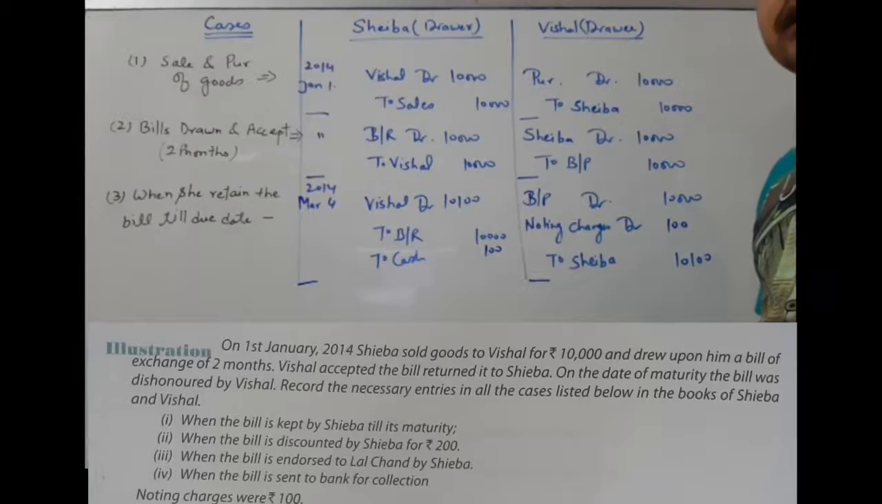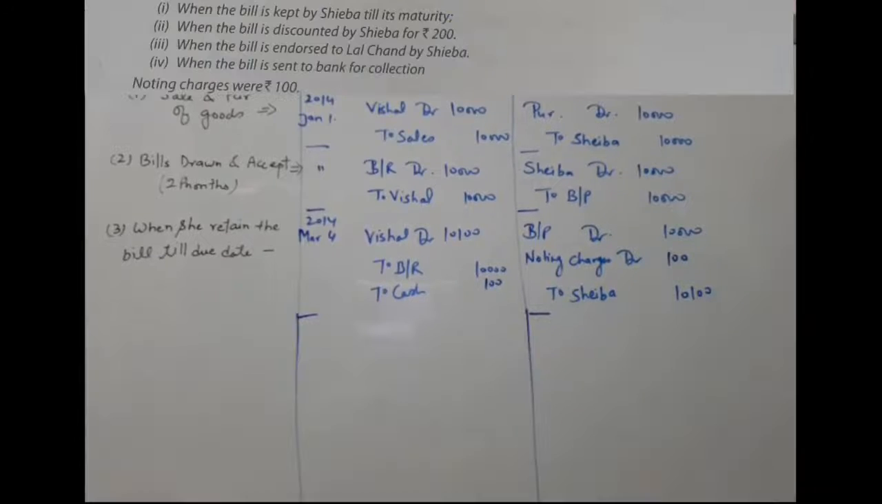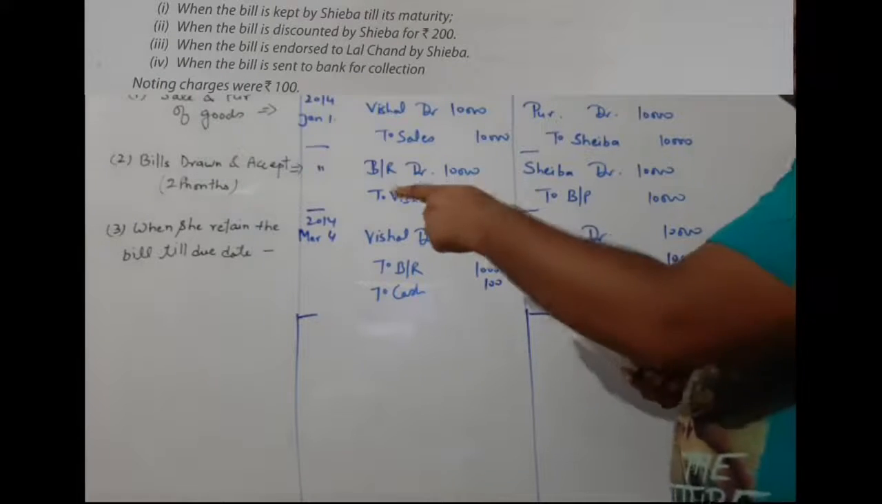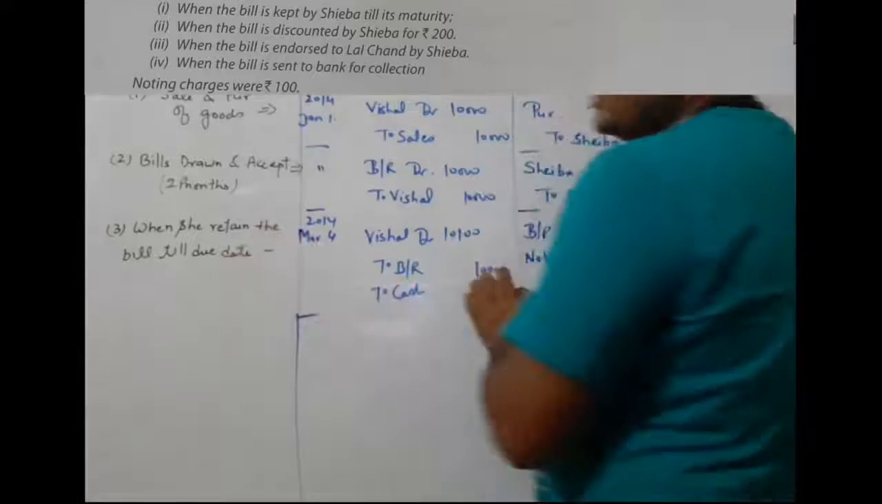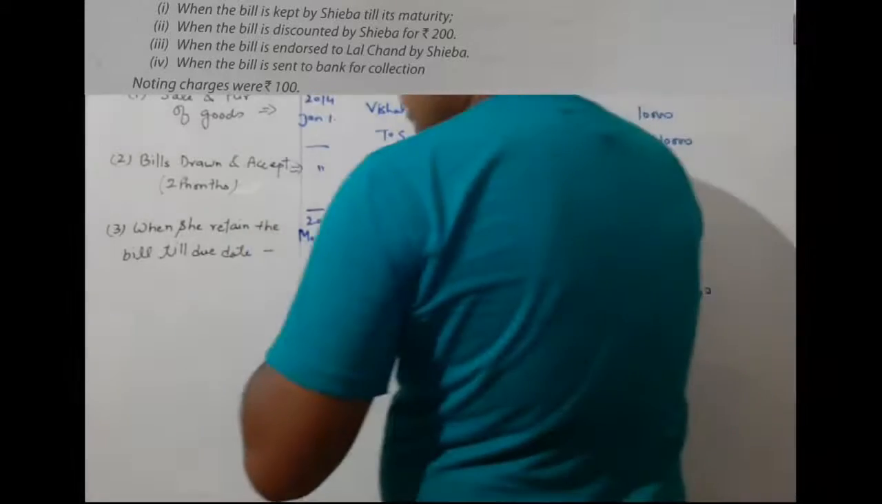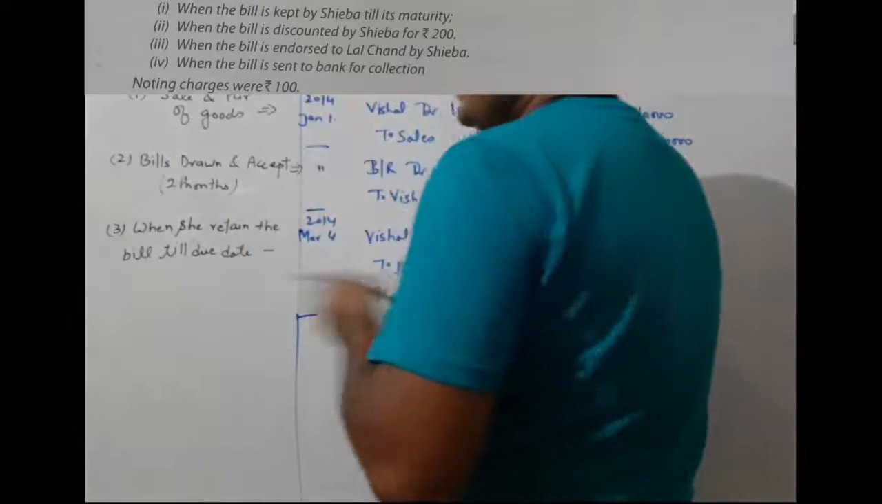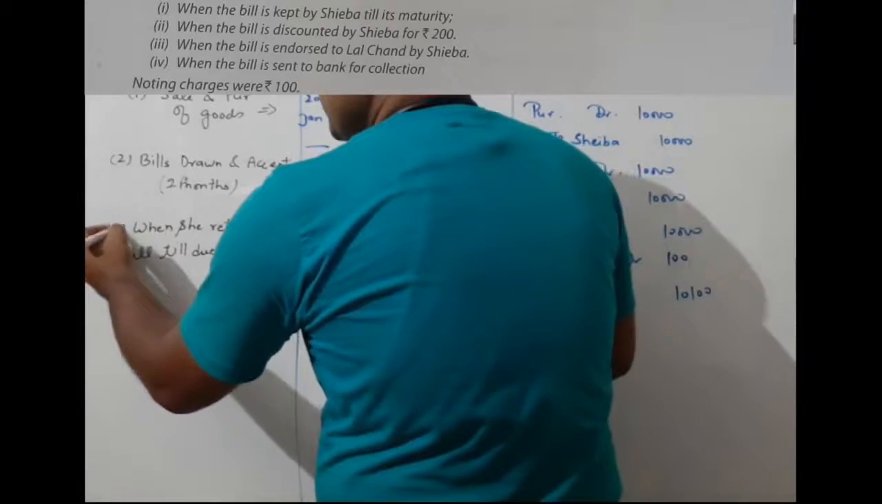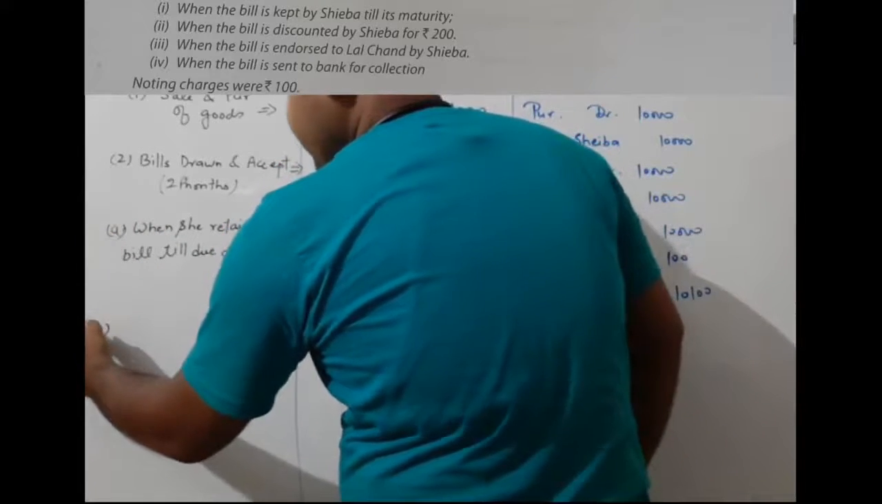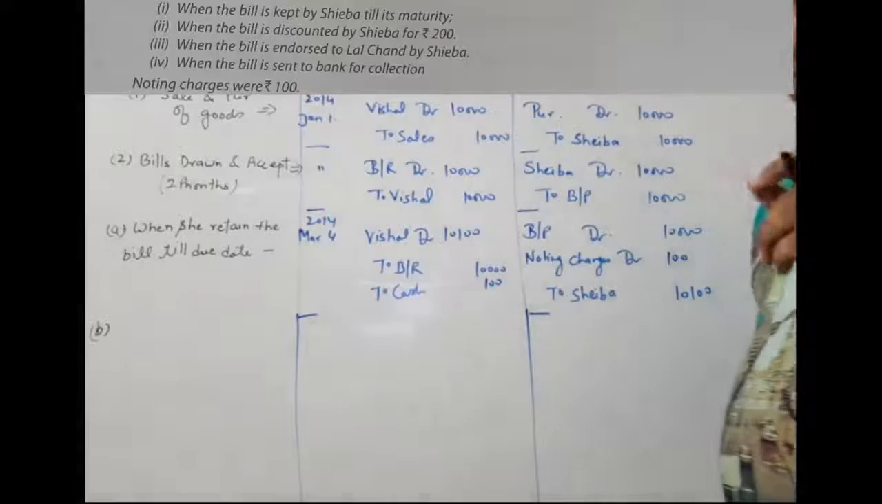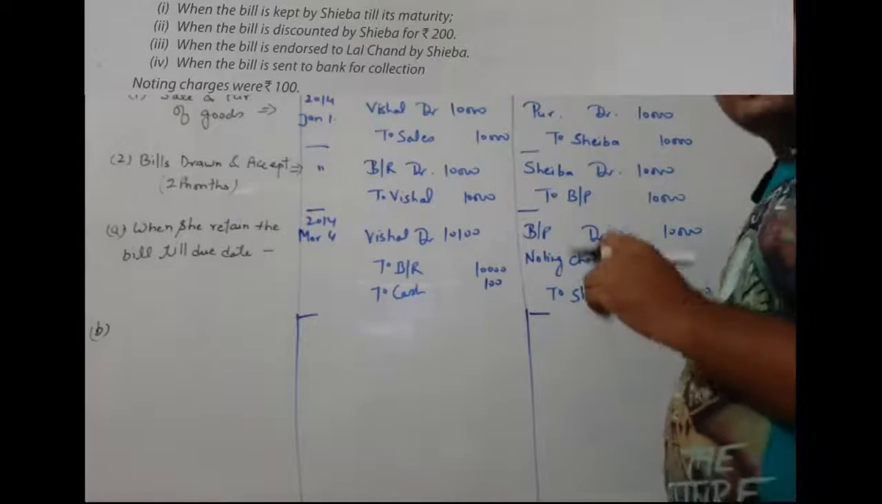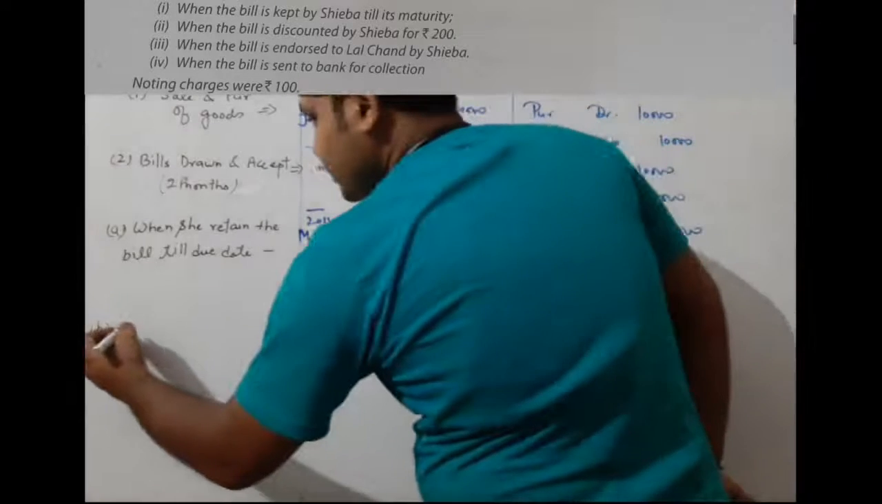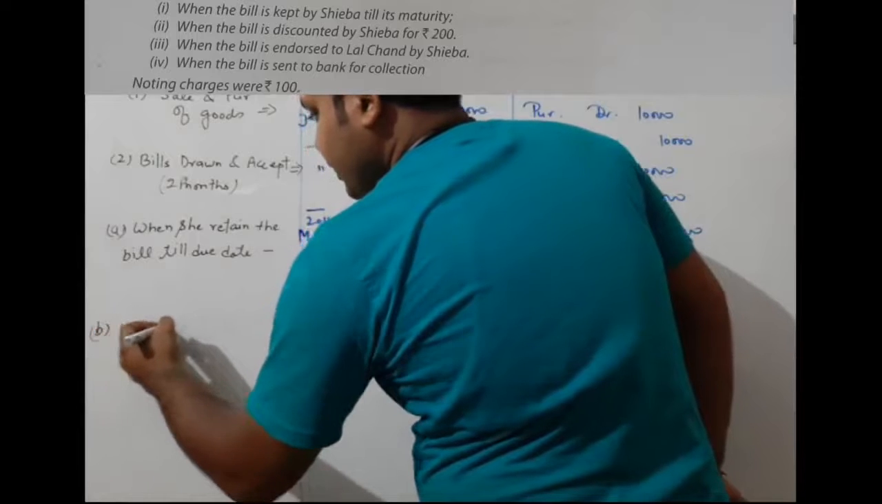And now we will talk about the second case. So the second case which is given, this is the entries case wise. So this is the first case, you know very well. What is the first case? When she retained the bill till the due date. Number two will be when the bill is discounted by SIBA for 200. So if she gets the bill discounted, when she